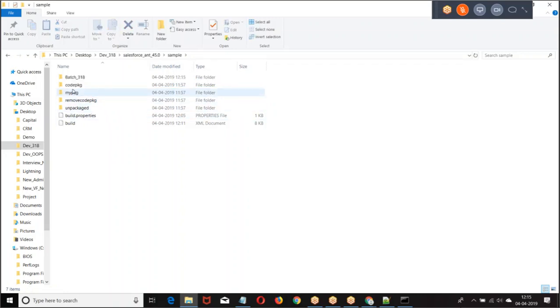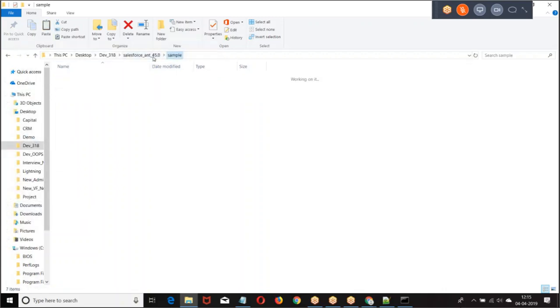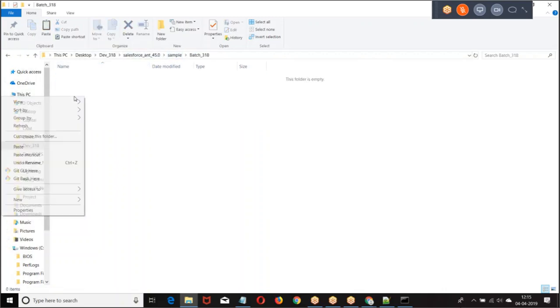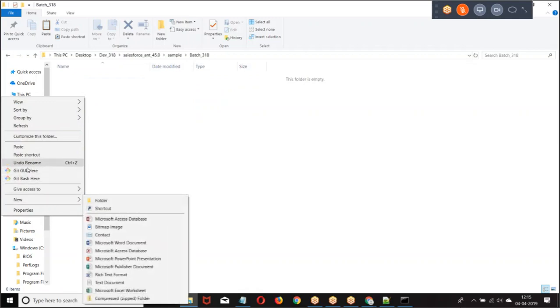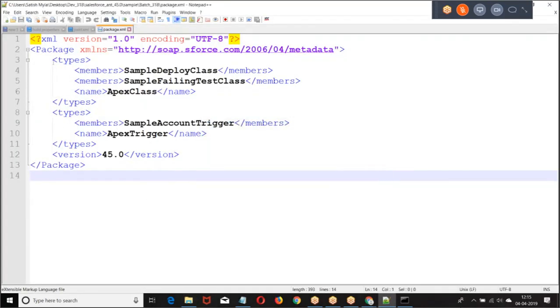Batch 318. Now I need to get package.xml file. What is the purpose of package.xml file? This file will tell what we are supposed to fetch. Now I want to fetch